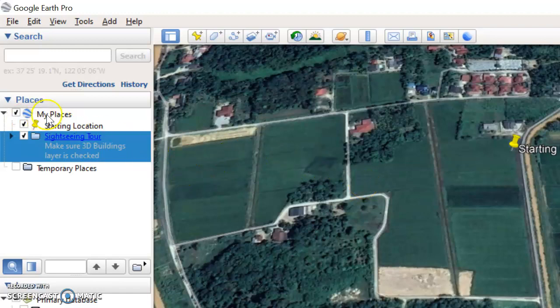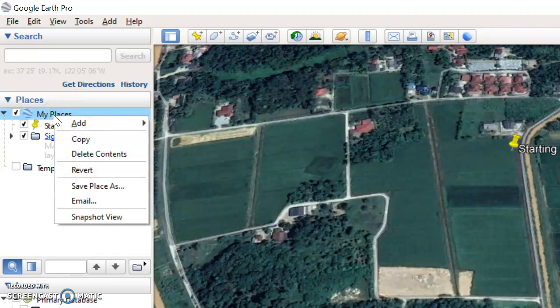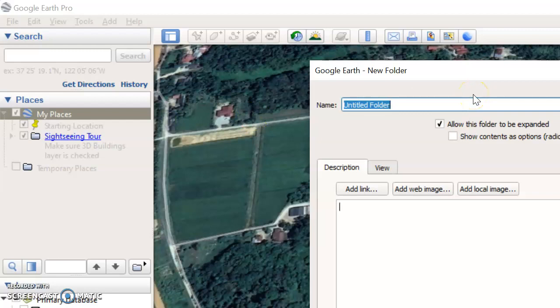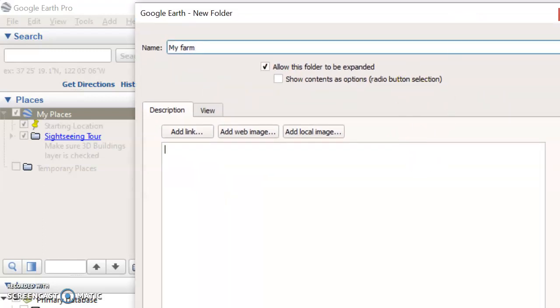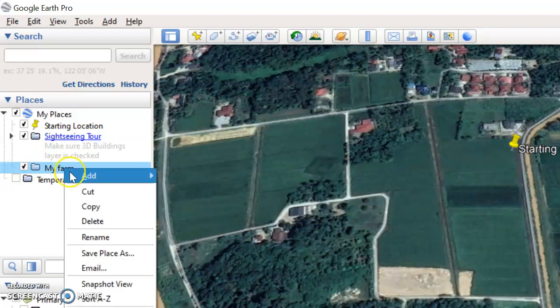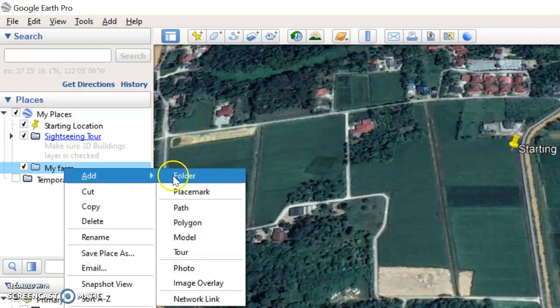For example, from My Places, right click My Places and then add folder. Here I name it My Farm, and then click OK. You will see a folder named My Farm, and then you right click My Farm and add. Remember, as I told you, in GIS we have a point,